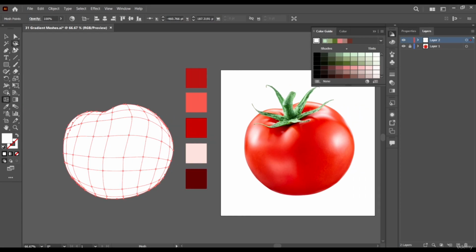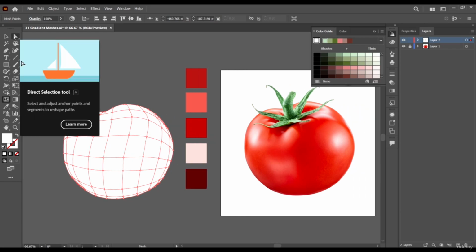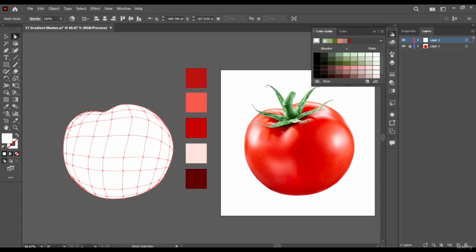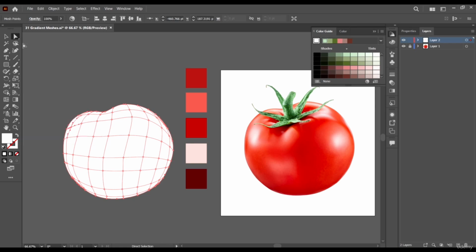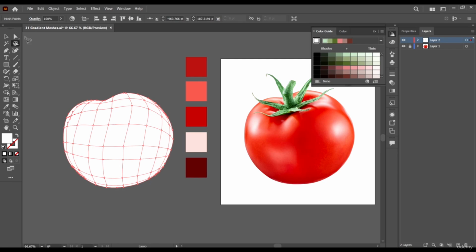Now we can select our direct selection tool, and I have an alternative, this tool beneath it. This is the lasso tool. This tool is used to select multiple anchor points. The direct selection tool is used to select just one anchor point, but since we have multiple of them here, we have to use this tool.